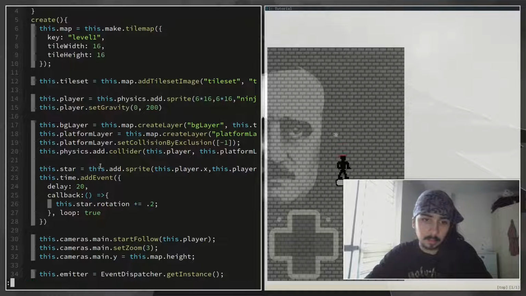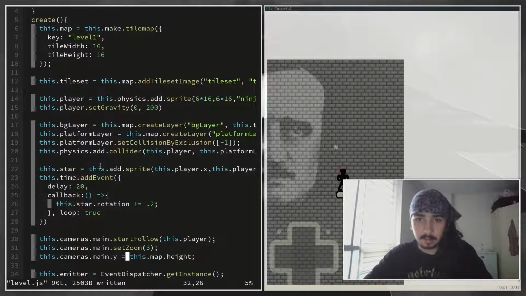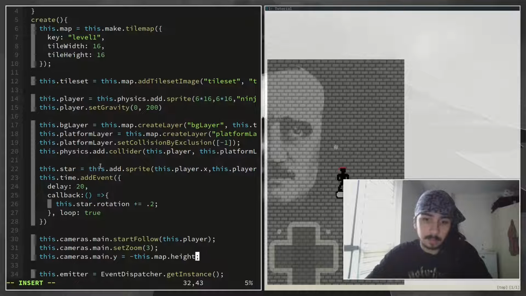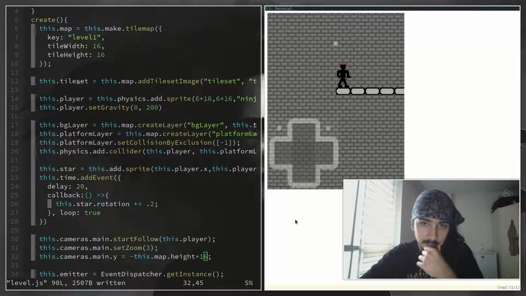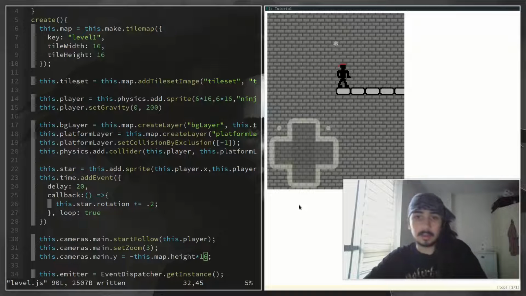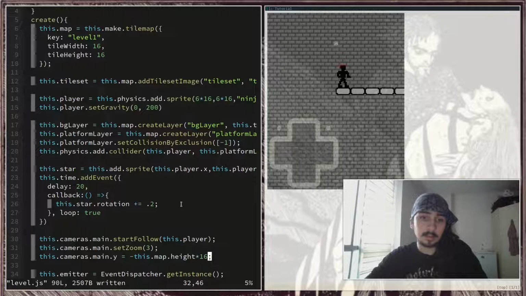This is very small. I think this is just 20 because we have 20 tiles. Maybe if we make it times 16, this might work. Yeah, but now we have space on the bottom. We can actually do something like